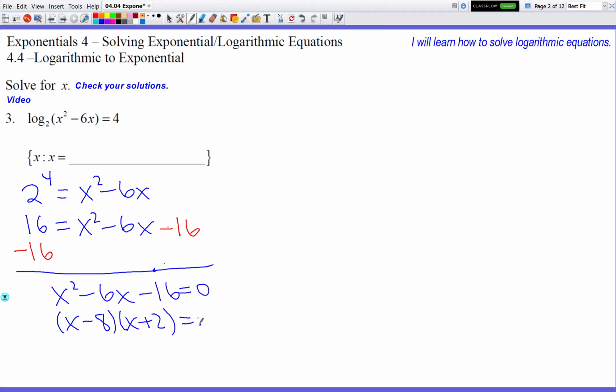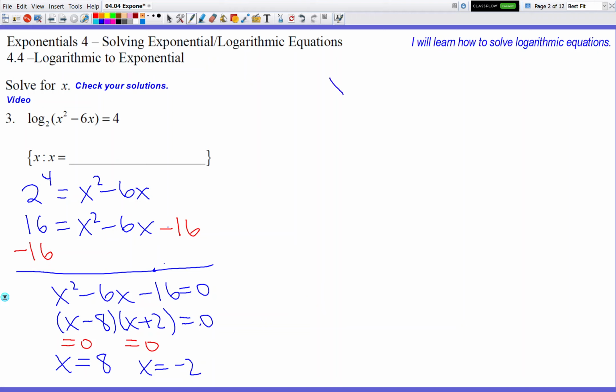Okay, and then when we solve for x, we're going to put equals 0 wherever I see an x. So equals 0 here, equals 0 there. So my left side answer is negative, or I'm sorry, not negative 8. My left side answer is 8. My right side answer is negative 2. So to check our answers, we're going to just make sure that when I plug in 8 and negative 2,